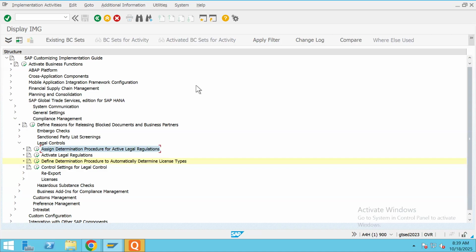in order to perform a screening at each application area, the system needs to confirm what level of legal regulation controls it has to take into consideration. Why? Because